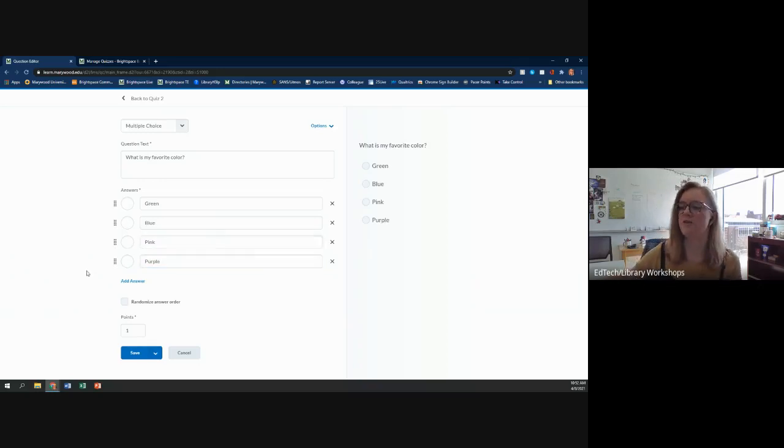Also notice that you can drag these options around. So if you don't like how they're ordered, you can just drag them around. And then you do have to mark which one is the correct answer. So in my case, it's green. And you can randomize this answer order. So if you don't care how they're presented to students, you could just randomize them, but green will always be the right answer. You can put however many points it's worth down here,